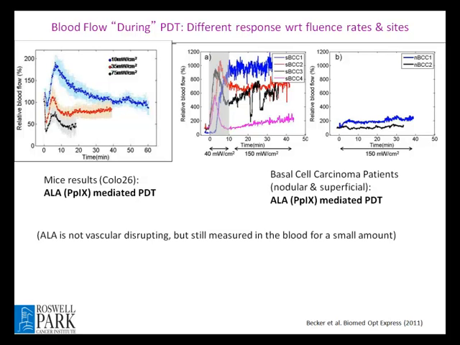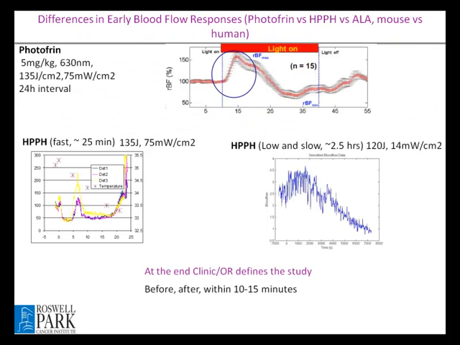So where the tumor models are different or the fluence rate is totally different, at the end, what defines it is the protocol. Like we have the clinical measurements at the OR, so we have only about half an hour to go. But in this case, for example, when we look at the HPPH, we wanted to see how the blood flow